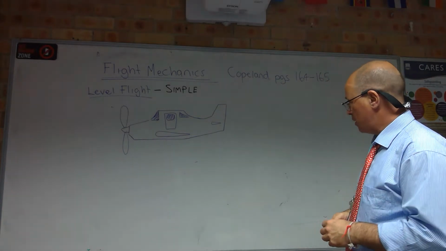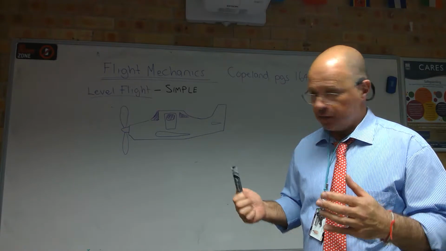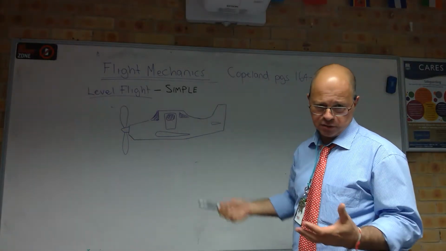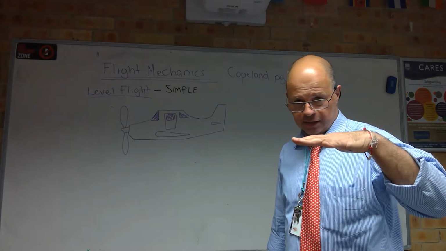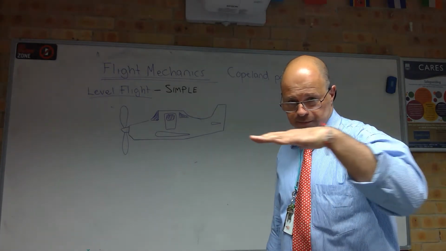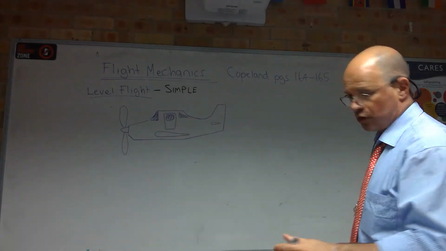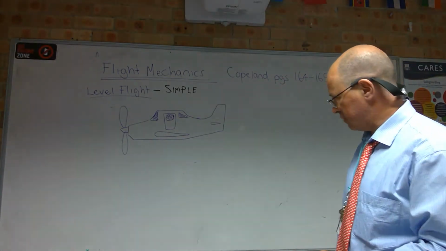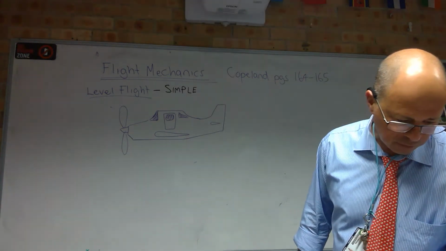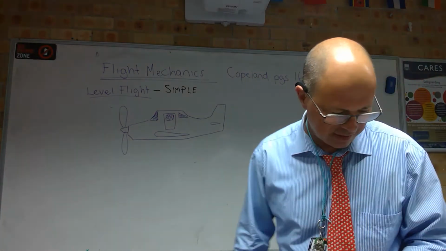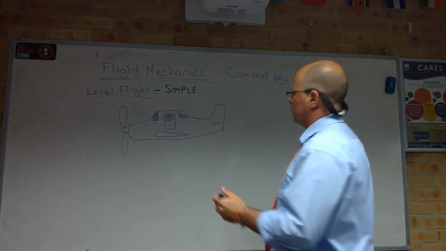So the first example is level flight, and when we're talking about flight mechanics, we're talking about the forces acting on the aircraft in flight. This is level flight, so it's flying at constant speed and at a constant altitude. Okay, level flight, straight and level. When you do a pilot's license, that's the first thing you learn how to do usually. Obviously, you learn how to take off first, but anyway,